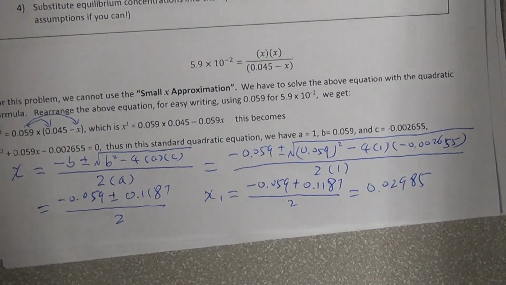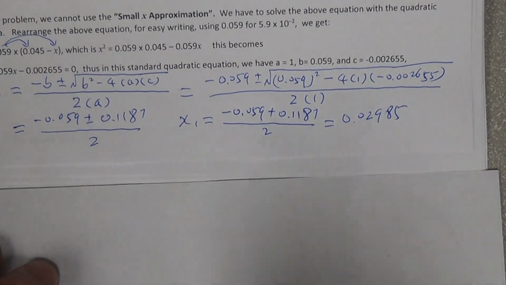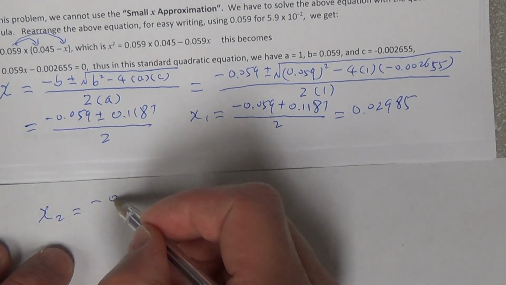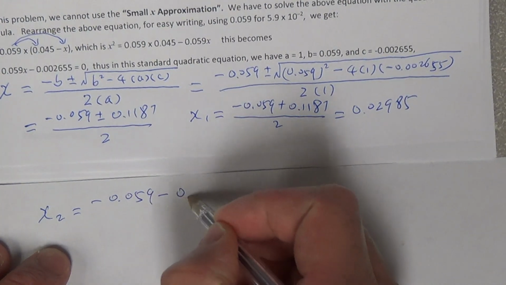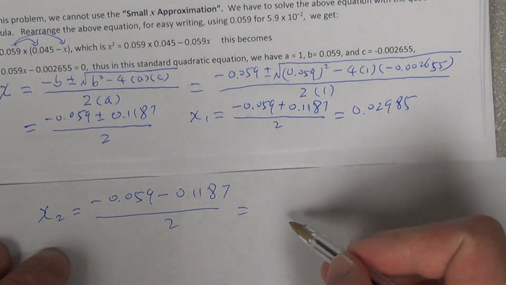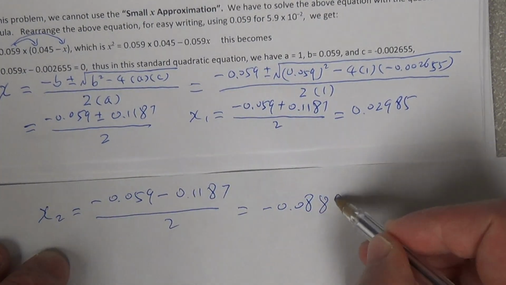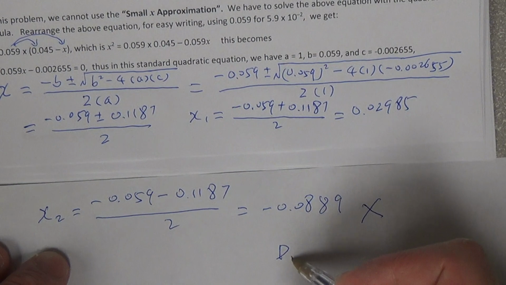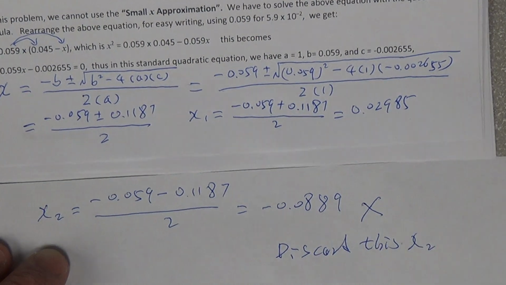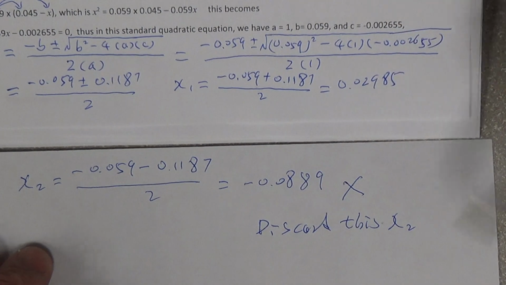And if we use the negative sign from the square root, x2 equals negative 0.059 minus 0.1187 divided by 2. Then we will get a negative number for x, negative 0.0889. So we will discard this x2